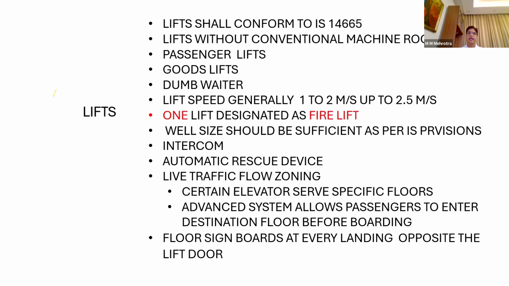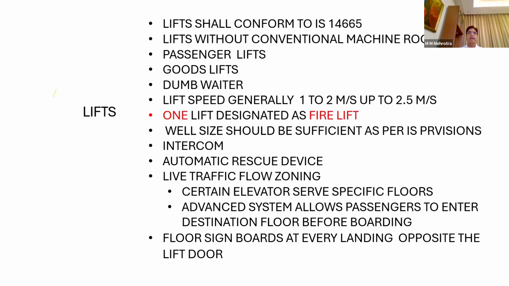Now the fire lift is related to firefighting. Means in case of fire in a multi-storied building, these lifts are not to be used. There will be only one lift which is operational, which is categorized as the fire lift, and it will be used only by firefighting people. Nobody else can use it. Now this fire lift is connected to a generator. Usually when there is a fire, electricity will also go. So this lift is connected to DG set supply. The moment DG set supply comes into being, this lift will become operational.